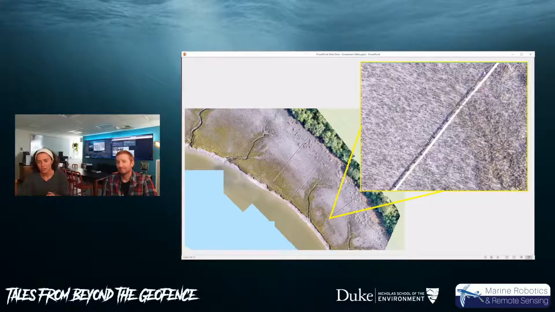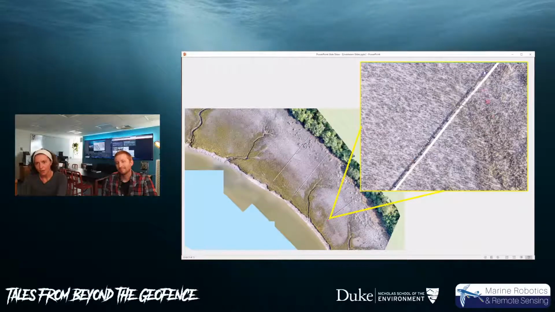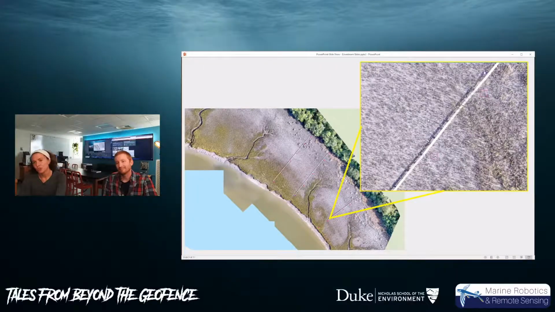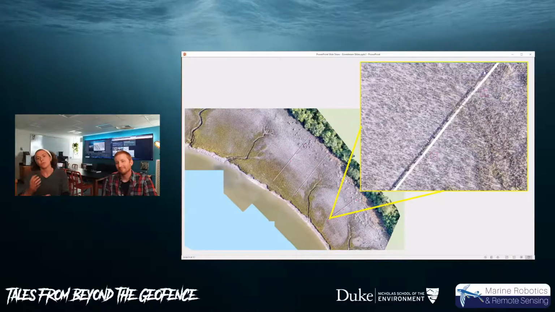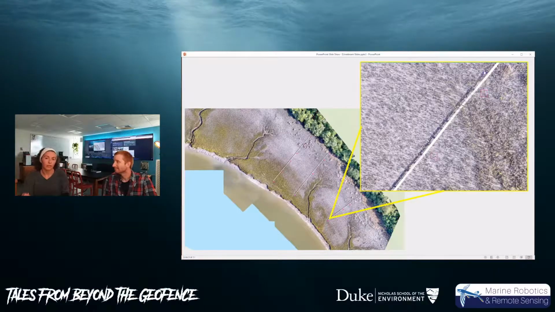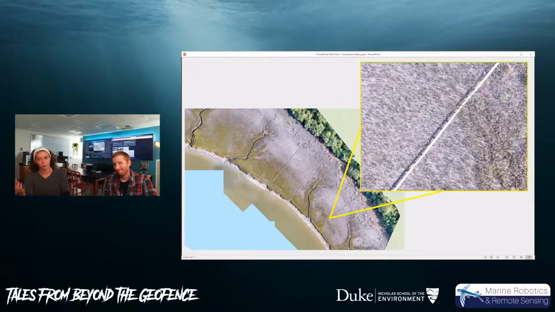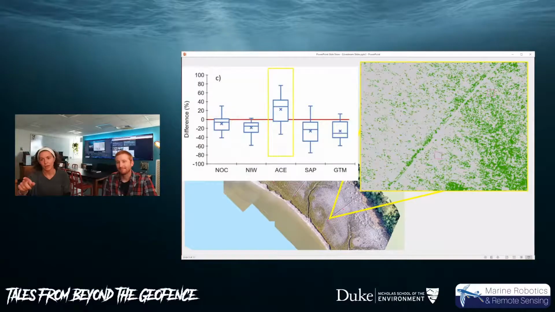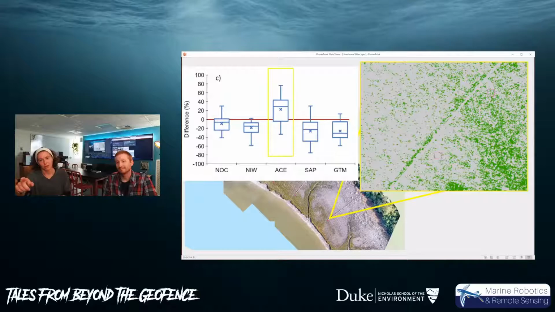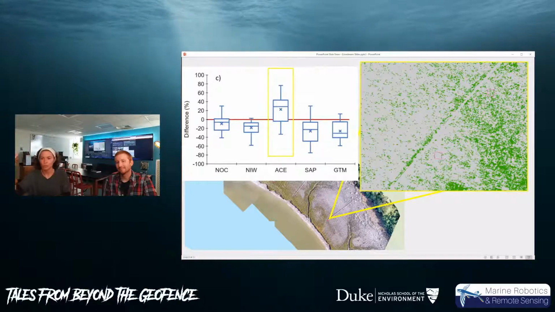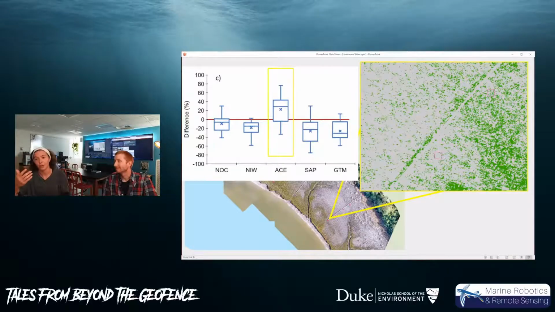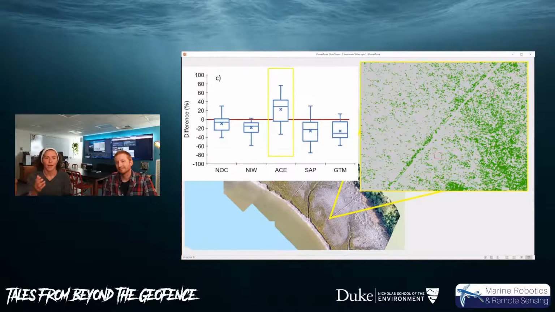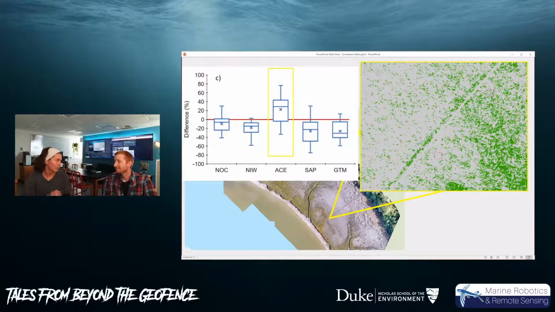And so you can see the zoom in here on your upper right-hand side. You can see how blurry this imagery is. And this ultimately made it really hard for the software to distinguish between the Spartina and the ground. So you ended up with a classified version of that imagery that was mostly gray or unclassified and only little bits of green that it could see. And so that ultimately leads to this anomaly.